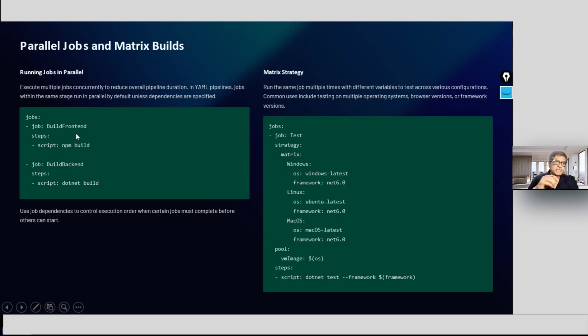So like I was saying about parallel jobs, you see, this is the jobs key, the clause. Within that, there are two jobs. Can anybody tell me, is this a sequential job, build front end and build back end, or is it a parallel job?